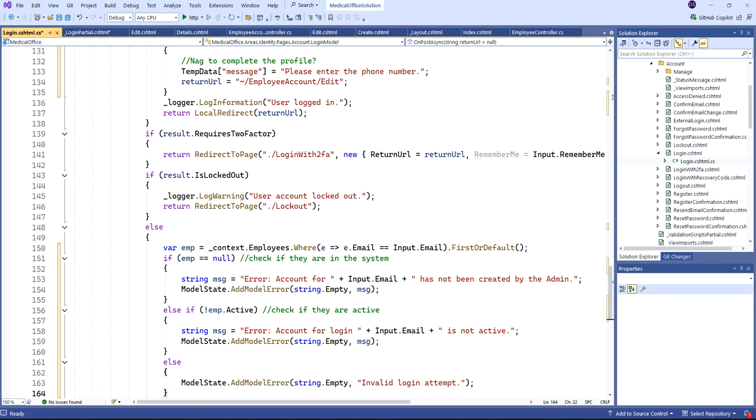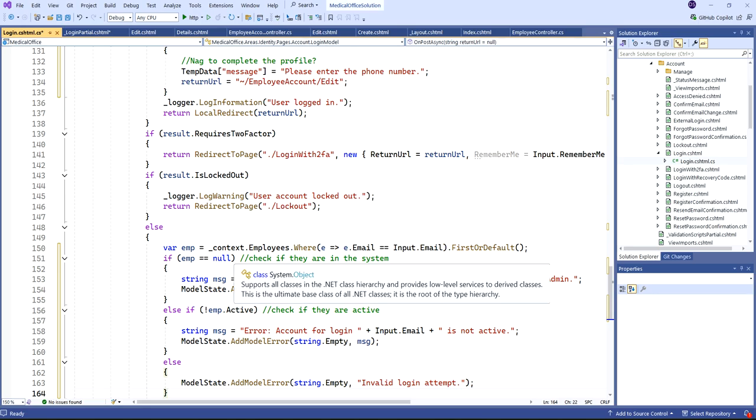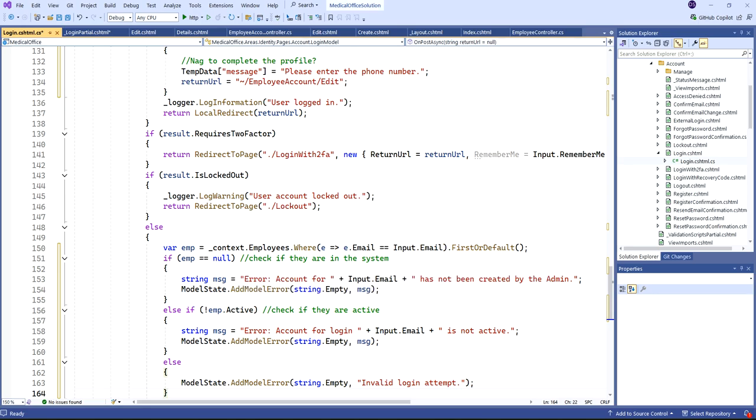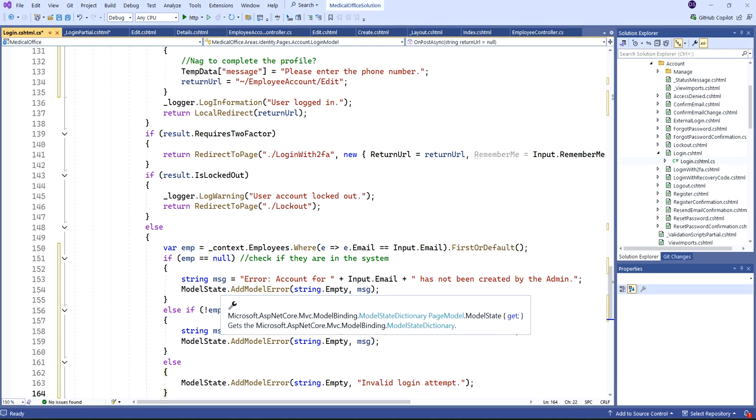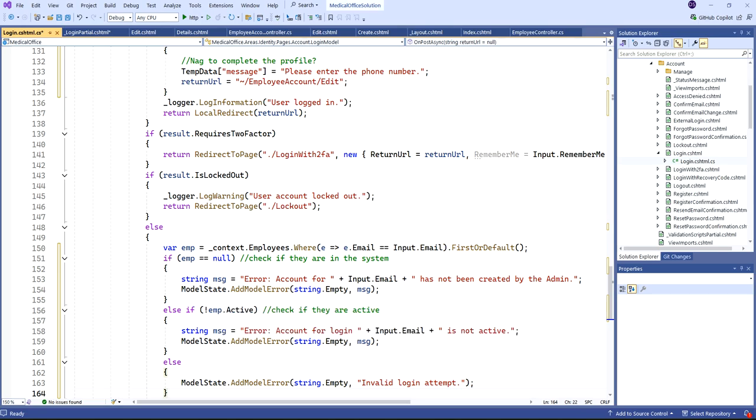Okay, again, we have access to the employee, so we're going to get that. Now, if it's null, then, hey, they aren't in the system, right? All right, so they aren't there. So error: account for that email has not been created by the admin. And that's the model error we're going to add to the model state,